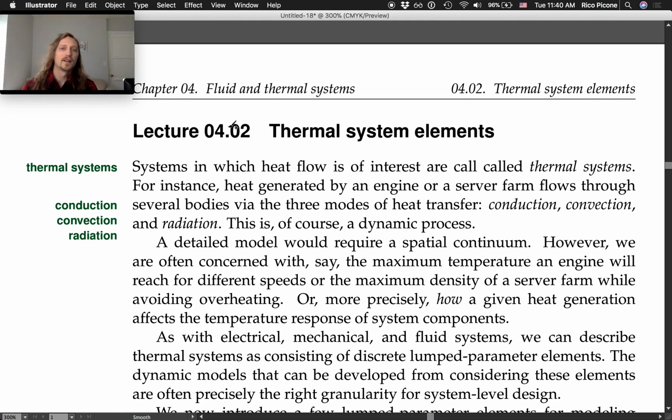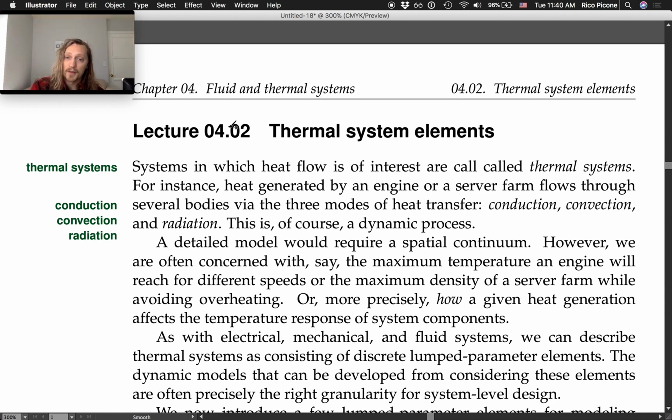So, thermal system elements. Systems in which heat flow is of interest are called thermal systems. For instance, heat generated by an engine or a server flows through several bodies. There are 3 modes of heat transfer: conduction, convection, and radiation. This, of course, is a dynamic process. It would require a spatial continuum. However, we are concerned with, say, the maximum temperature of an engine,